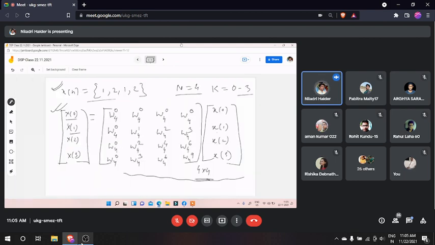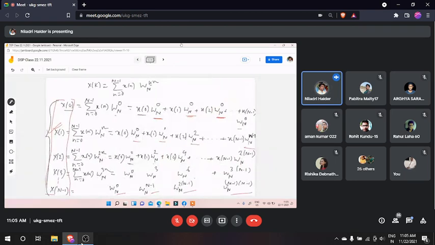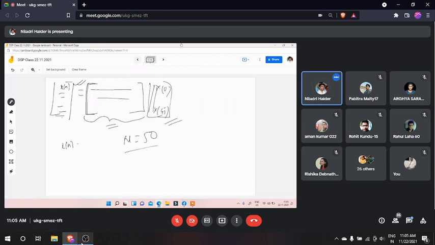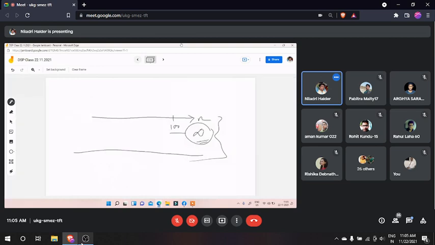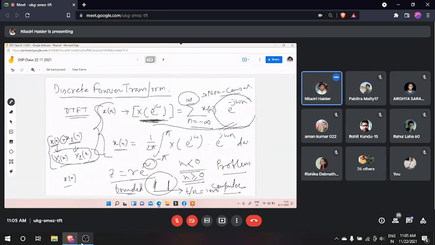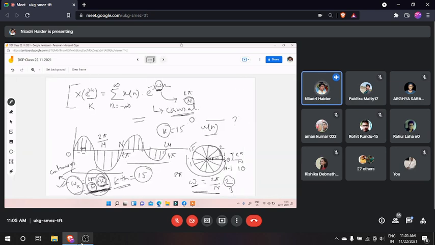Okay, so up to that, if you have any questions related to DFT, discrete Fourier transform, you can ask. In today's class we did nothing special with DFT; simply, from the continuous domain to the discrete domain, we represented the formula, and that formula is named the discrete Fourier transform. So basically whatever the operation of DTFT, the discrete time Fourier transform, is, the same operation is happening in the discrete Fourier transform but in the sample domain, and the sample domain is needed because the processor you are using is a DSP processor.